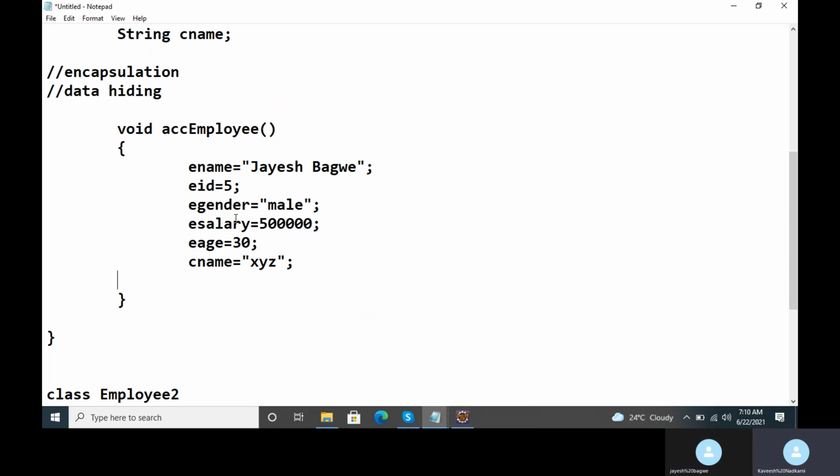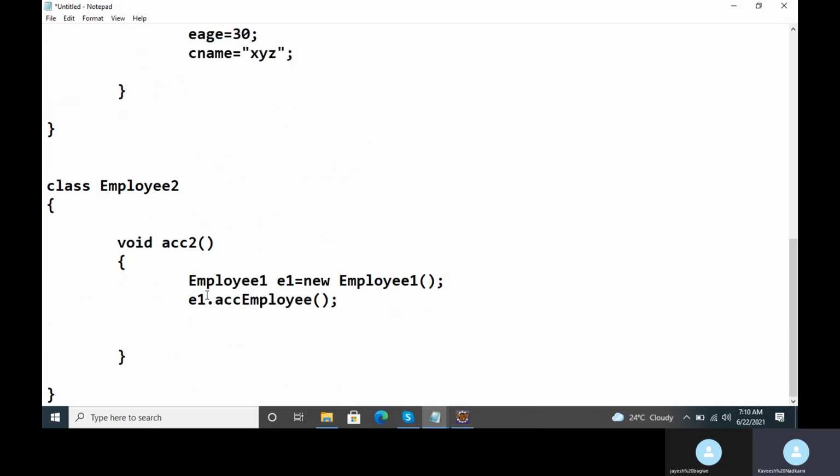So this is meant by indirectly accessing the data members for E1. So you have not directly accessed them. What is meant by direct access? If I write E1 dot name is equal to whatever value, so and so. So this is called directly accessing the data members for an object E1, when I am inside another class employee2 and E1 is an object of another class employee1. So this should be discouraged in Java. Clear? And one more thing.